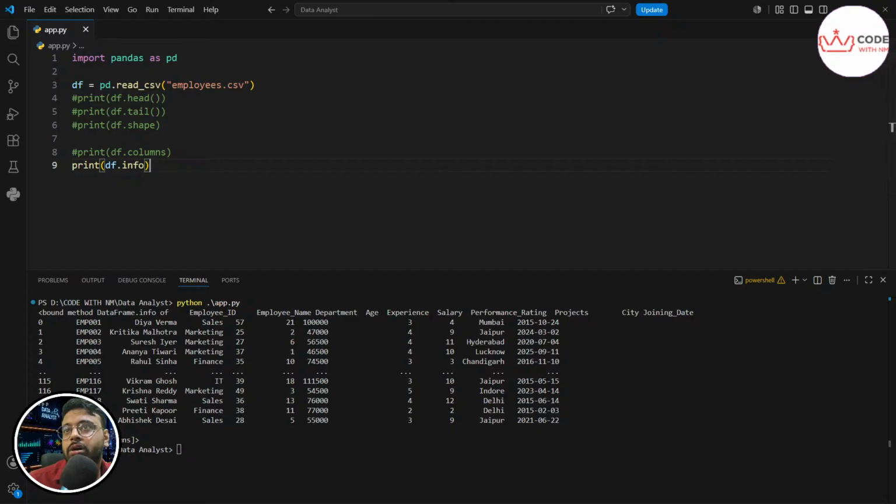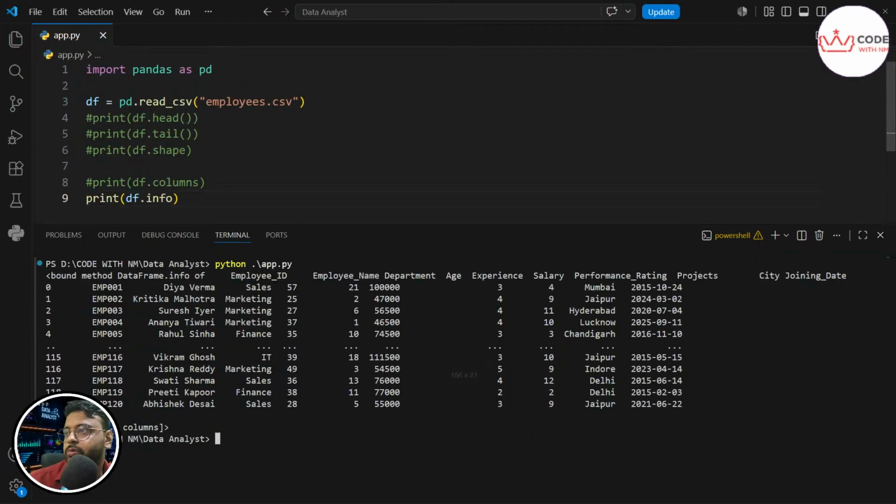It will give you the range index. It's not showing here because my screen width is not that big. You can also see that there is a misalignment from here with employee ID and name and other things. I've tried to zoom out and zoom in, but it's not helping. It will give me the index range, meaning all the entries, the number of rows.